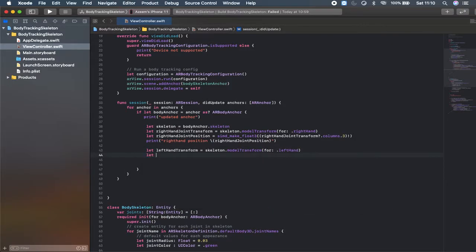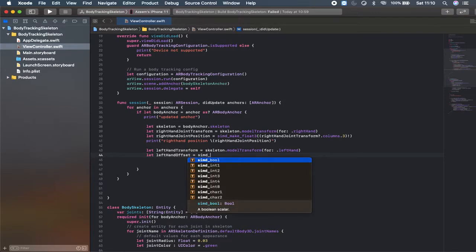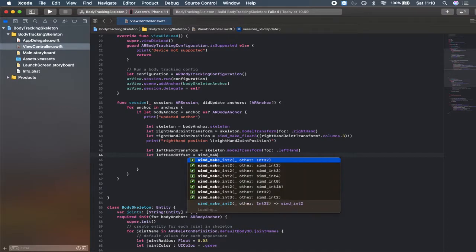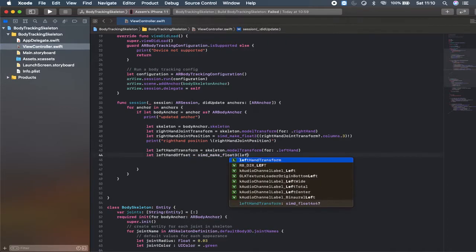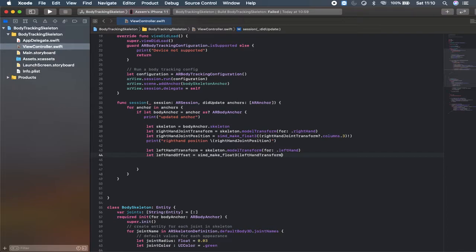And let's say let left hand offset will be equal to SIMD underscore make underscore floats 3, which is of the left hand transform dot columns dot 3,